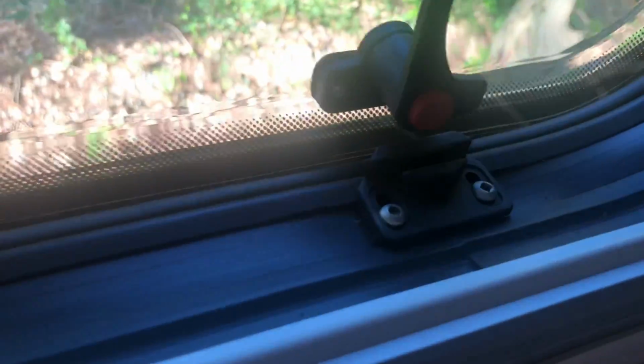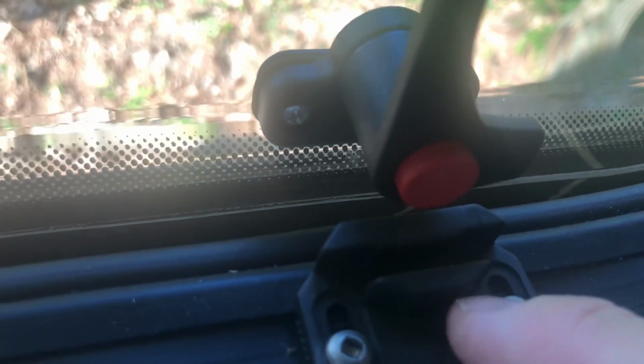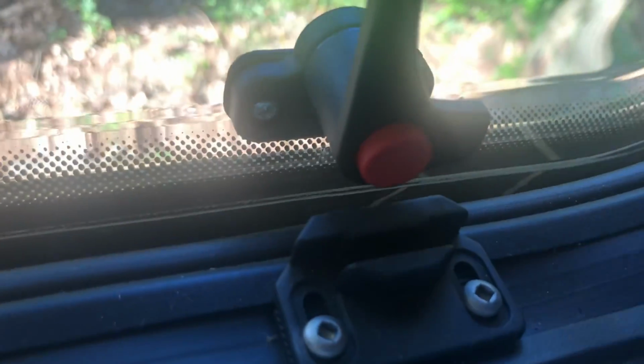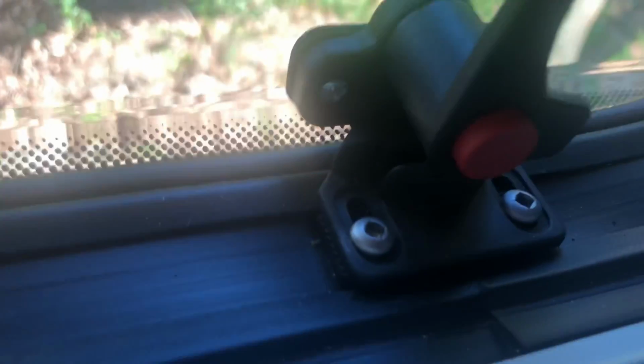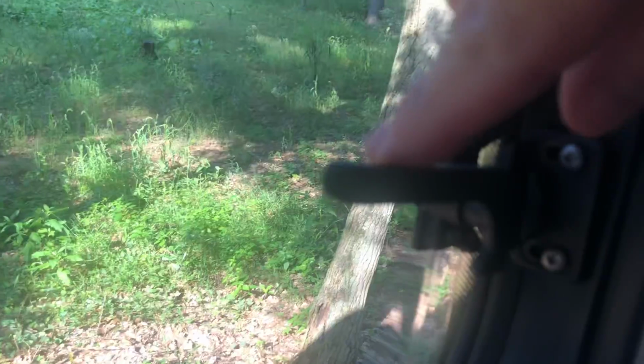But let's say it's cold outside and you don't want to actually have the window open, but you need to get some ventilation. Well, I'm going to show you how. When we bring the window back down, you're going to notice we've got these little channels right here. Normally we'd bring it all the way in and go into the lock position, but instead of going there, notice there's a center groove. Just go ahead and place it right there, and then we can do it right over here,